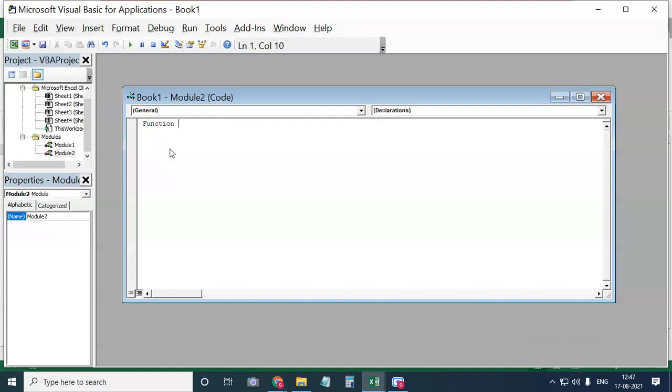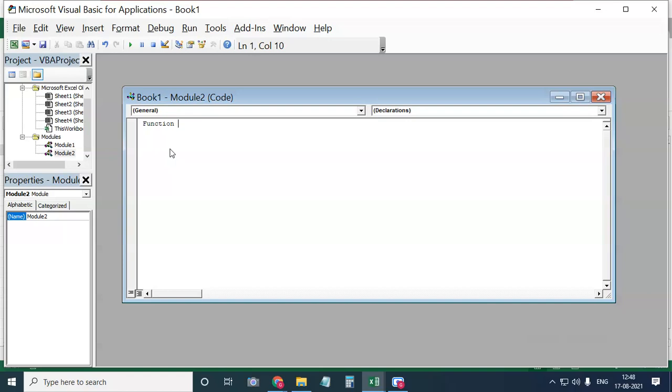You can give your father's name, your brother's name, whatever you want to write. But as in my question, I want to perform the difference between two numbers, so what will be my function name here?